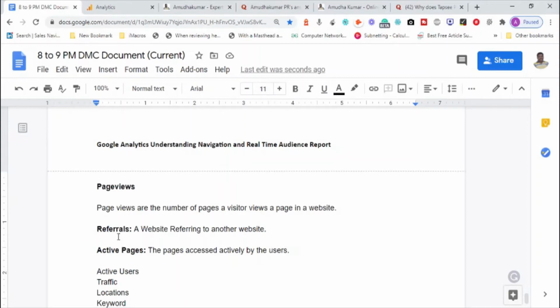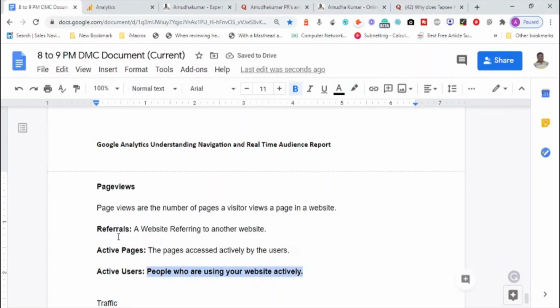Okay, active pages. Active users are those people, okay, who come to your website again and again. So they are called returning visitors also. Okay, people who are using your website actively, they are called active users.